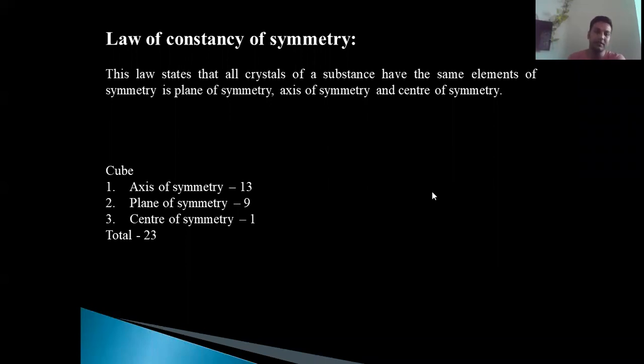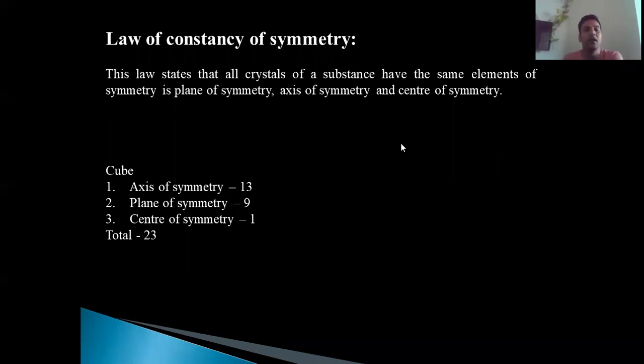The axis of symmetry is the imaginary axis along which, if you rotate the crystal, there should be a repetition of a referred face a minimum of twice or more. Plane of symmetry is the plane along which the crystal can be divided into two equal halves. And the center of symmetry is the point at the center of the crystal where on both sides of that center there will be an equal kind of feature. Like if you have an edge on this corner, then exactly on the opposite corner there should be an edge